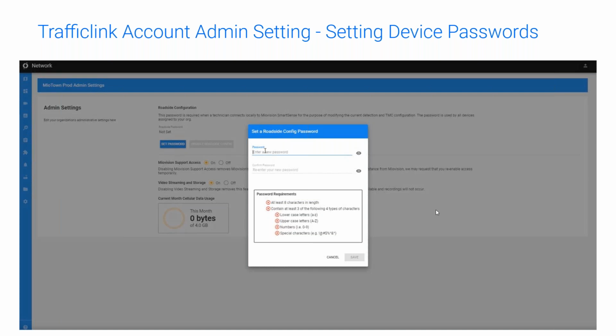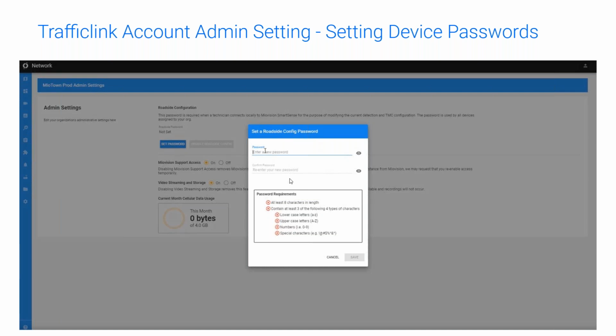So when you go into TrafficLink, we have to actually set up a password for all of the devices. They do have all the same password. So that means when you log into a device, every device on the roadside will have the same login and password. So that you can give that to a contractor and the contractor can install a series of these intersections on the same password and the same login. That way you can maintain a security level in the cabinet as well as a security level in the cloud side if you are connected to cloud tools.